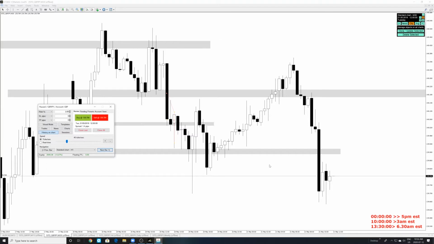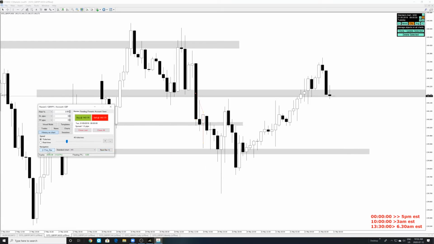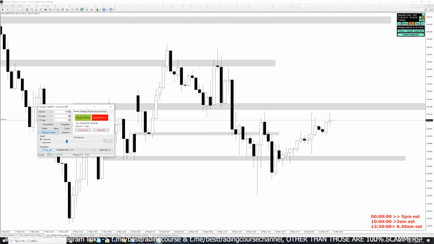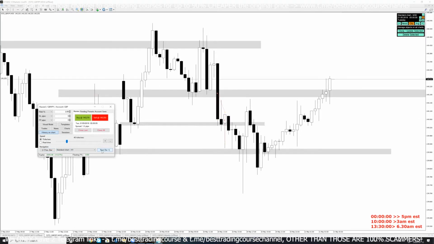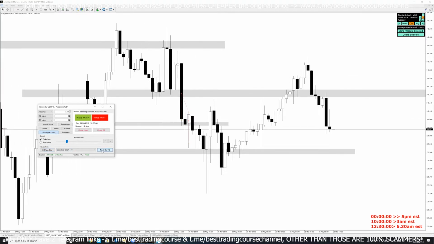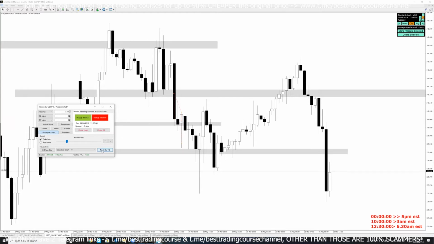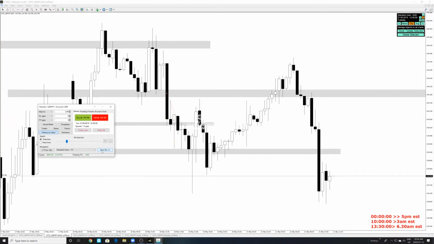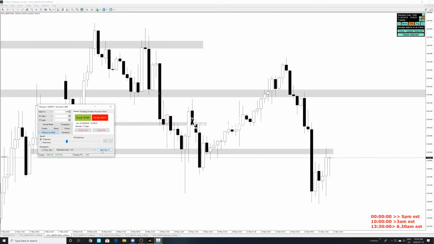So perfect. Now we closed our day right over there, and all this happened while we were sleeping, while we were not looking at the chart. If you were looking at the charts, let's say in the afternoon right over here, you'd be like, oh man, let me take a trade. But it's really important to only trade the session you are comfortable trading. I'm only comfortable trading the New York, and that's about it.